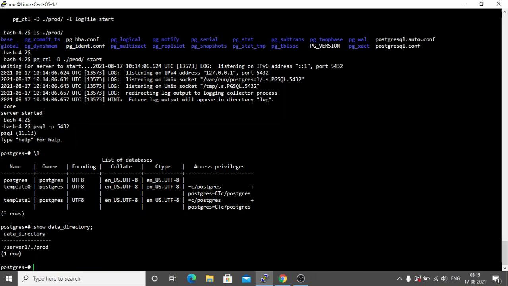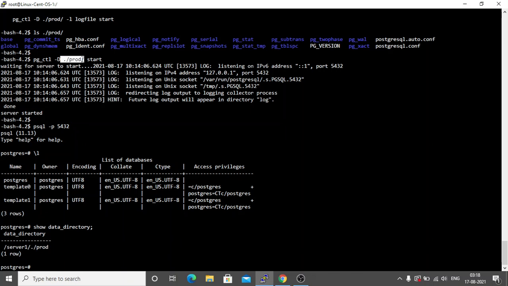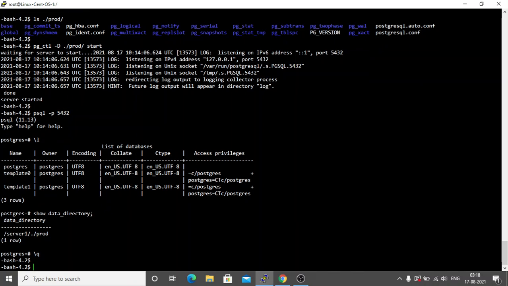Okay, so this is the data directory. It is showing dot prod because when I started the cluster, I entered it like this.